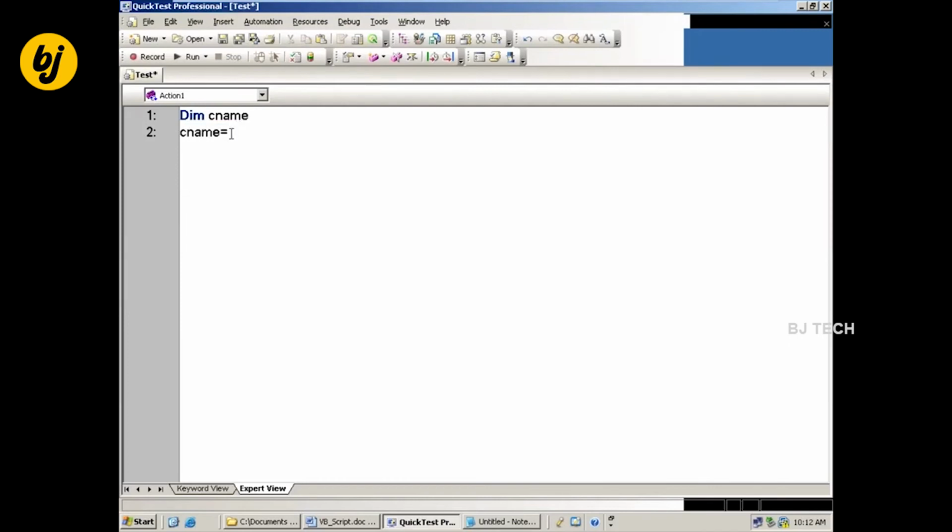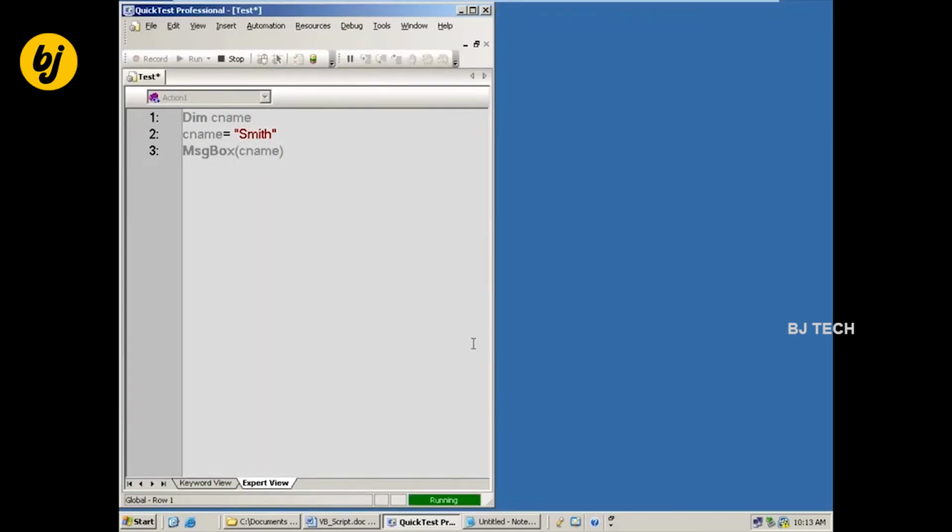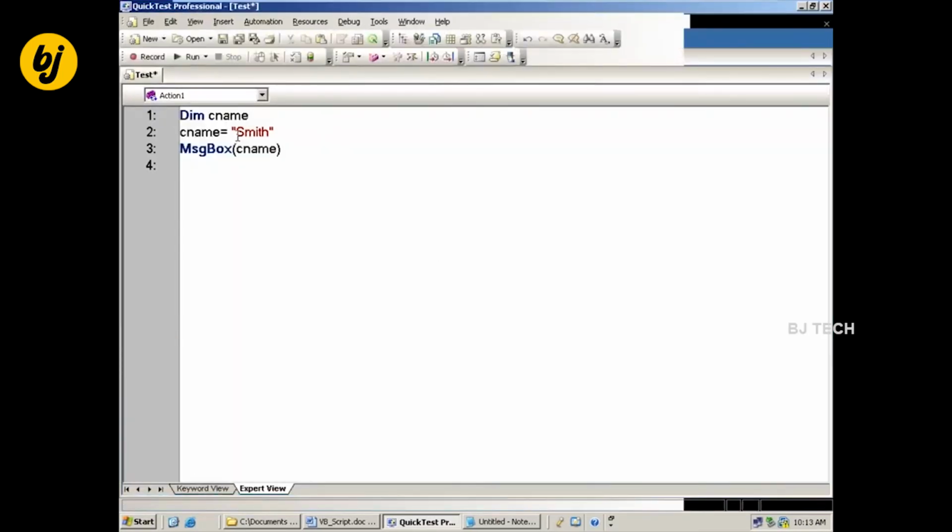Now we have Dim CName, and I can give it equal to Smith. Then I want to display the value here, MsgBox of CName. Smith, the value is displayed. But what type of value do I send here? It is a string.